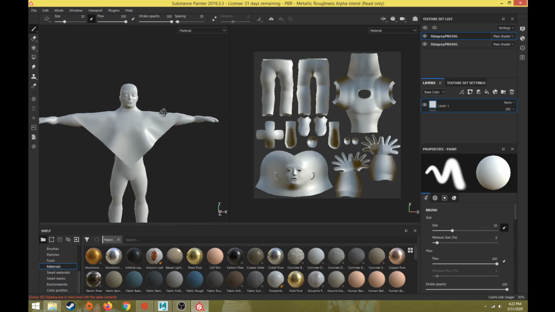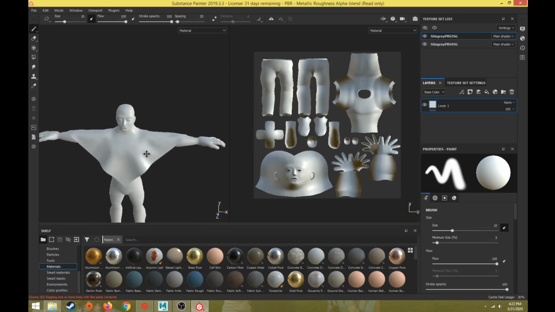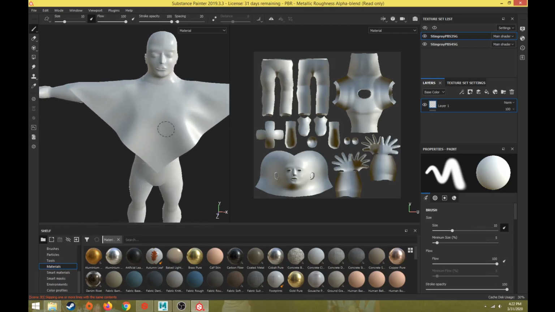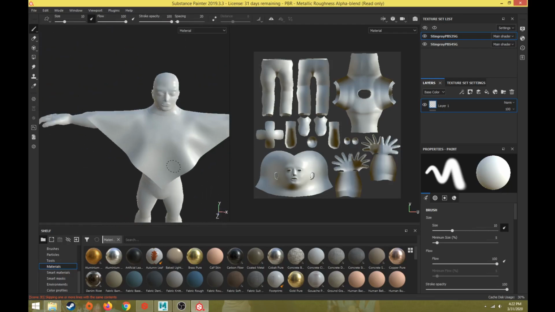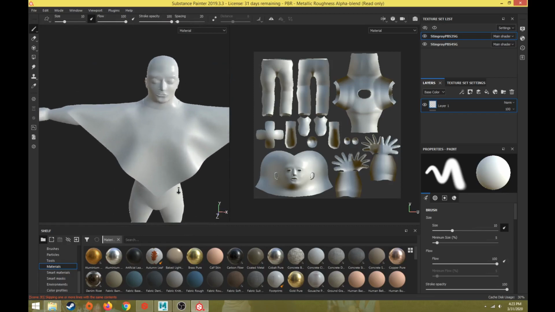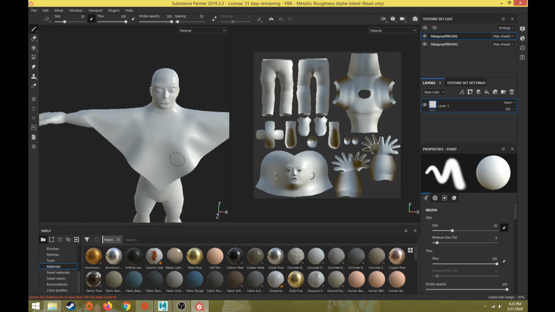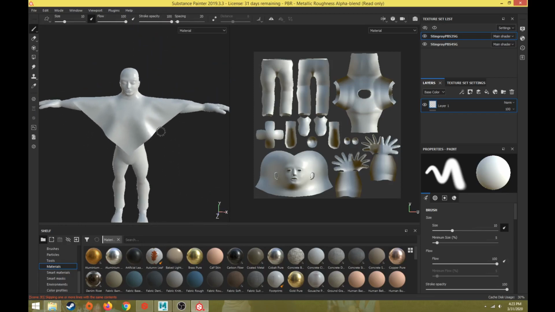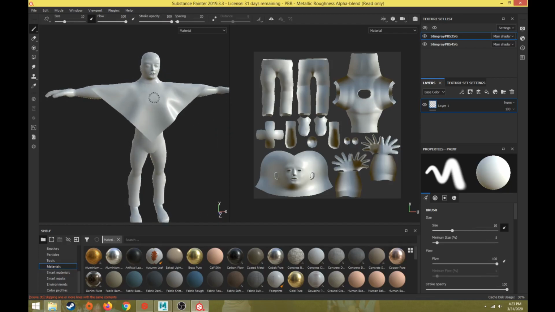So if I hold down Alt and left click, that orbits. Alt and middle click, pans. The scroll wheel is a snap zoom. Alt and right click is a smooth zoom. So we're going to go back and forth between editing and painting on with the 3D view and the 2D view. One last thing I do before I start creating textures is I just go back and rename my two